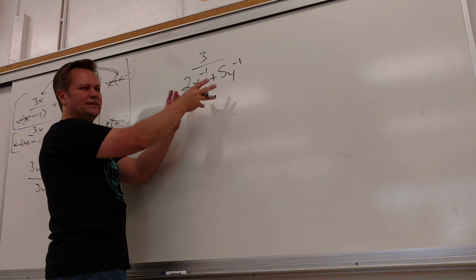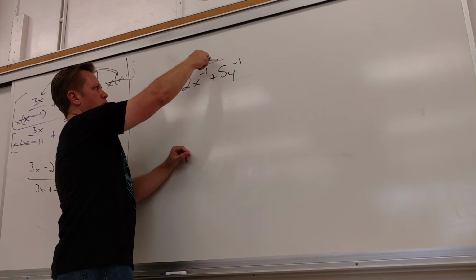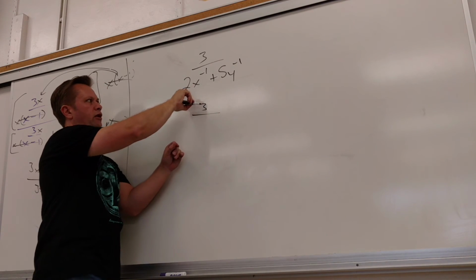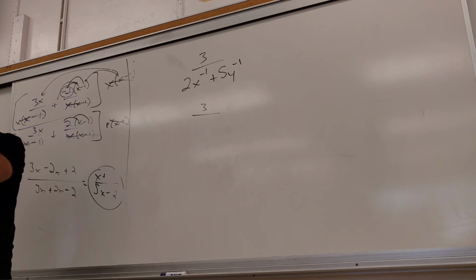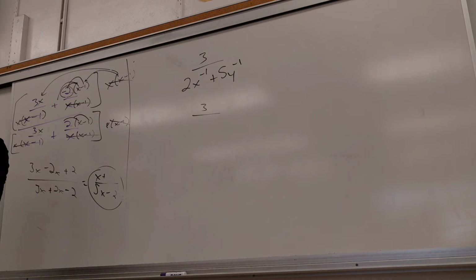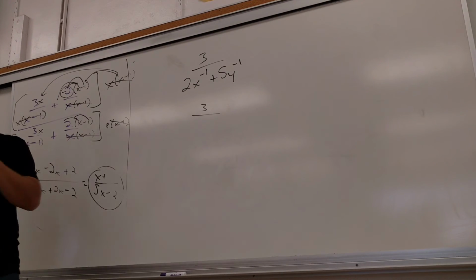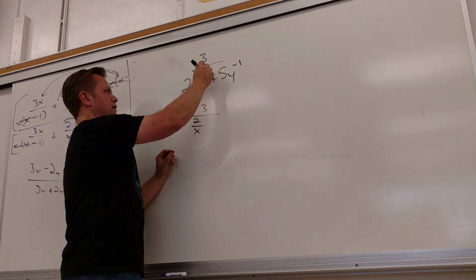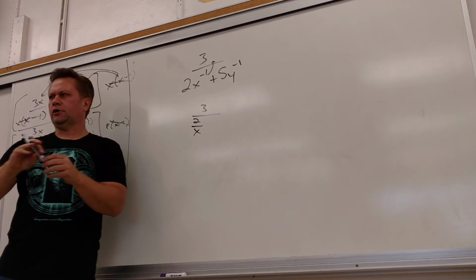I mean, this looks nice because it looks like it's just something over one thing, but it's hiding the fact that this is what? How do I rewrite this? What flips? What's being raised to the negative power? Good. So that would be 2 over x. Now, why can't I just take this up? Right? That's an